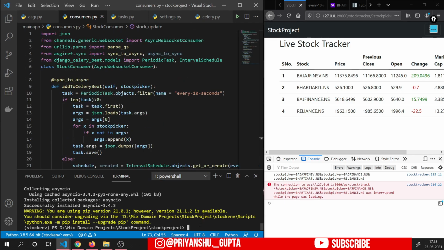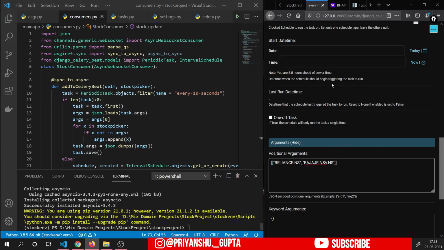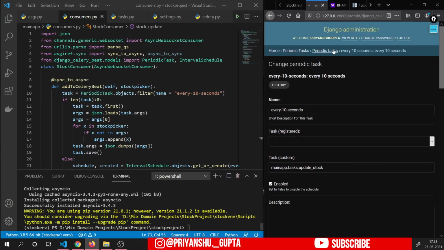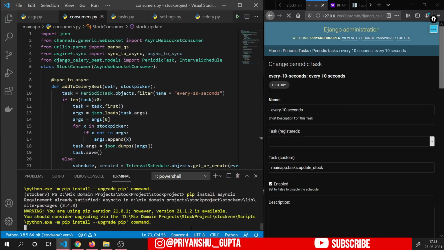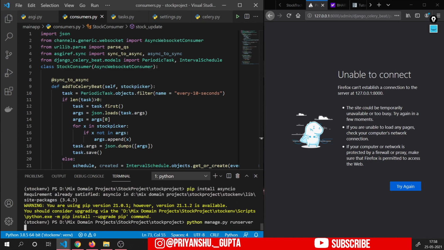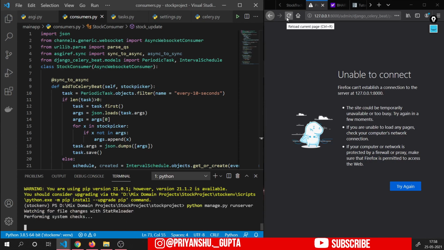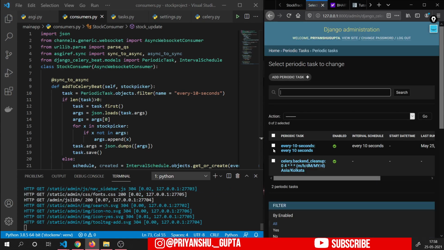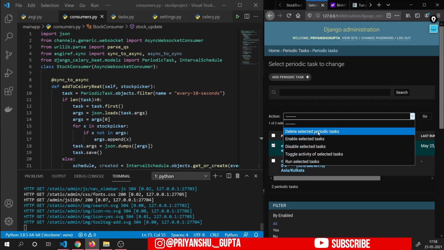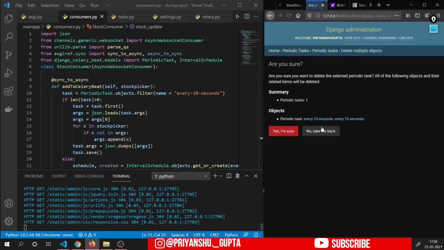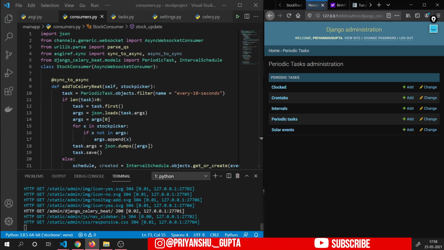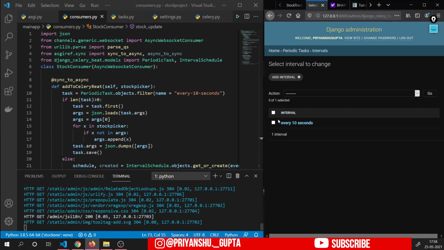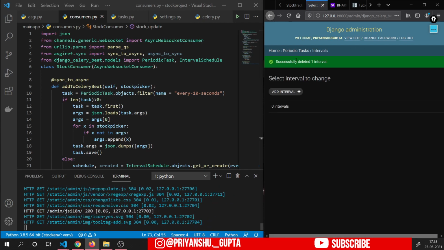So let's start our server, and before you start the Celery worker, you should delete all the tasks here. If you have any task here, it may lead to certain errors. So to remove those errors, let's delete all those tasks here. Delete, yes, I'm sure, and then in intervals you should delete this record as well to prevent any errors, right?